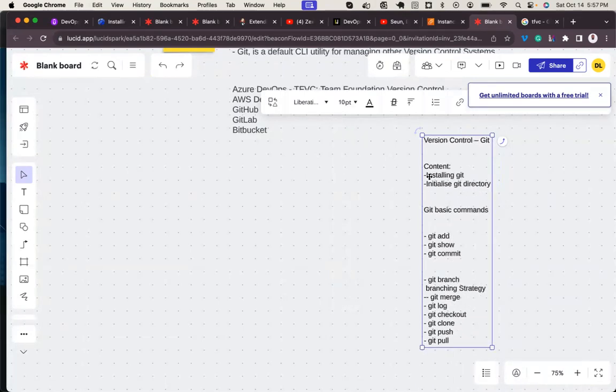First things first, I'm going to gain access to my virtual machine and I'm going to install Git. Very simple and straightforward.